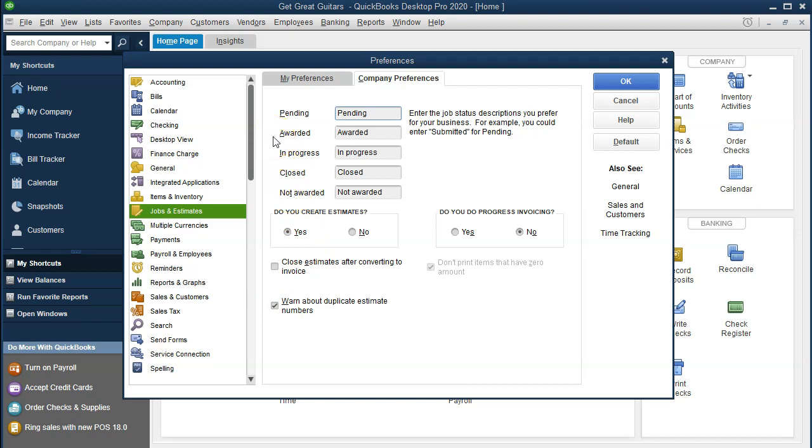We're not going to spend a lot of time on the jobs and estimates. These are typically things that are going to be used in an industry-specific type of way. For example, if we are in a construction type of process, then we're more likely to have jobs and estimates. So this is more of a specialized type of area. We're not going to spend a whole lot of time on it. We may spend a little bit more time on it at a later time